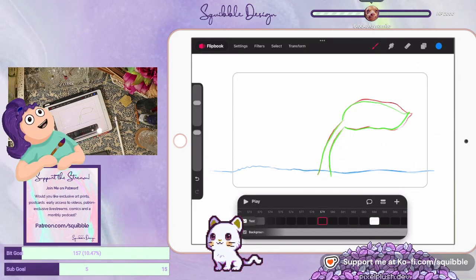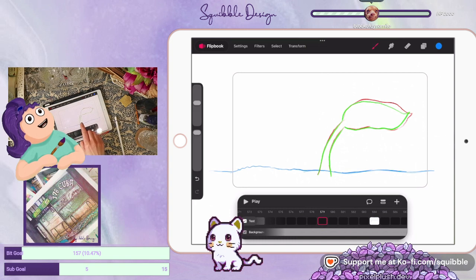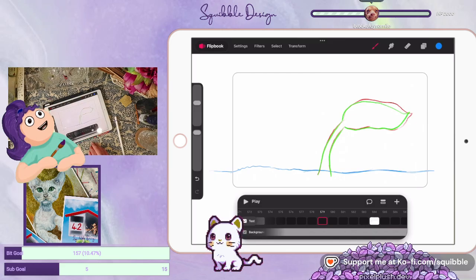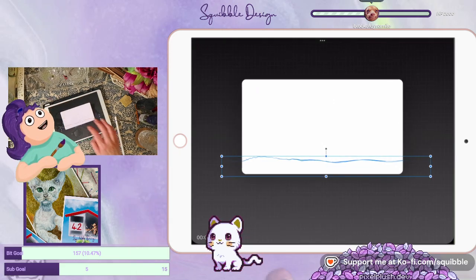I was testing out Procreate Dreams for the first time. Oh, not the first time. I've used Procreate Dreams, but they updated it, so now it's Procreate Dreams 2. And I realized that I hadn't tried it out yet, so I thought just for fun I'd spend a couple of hours animating a tiny weird looking tree. And it's quite jerky and